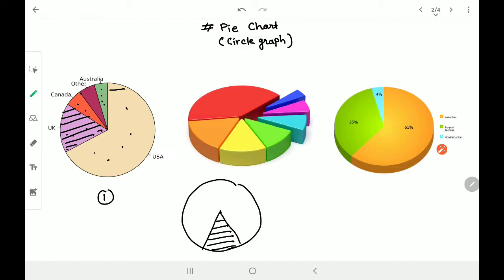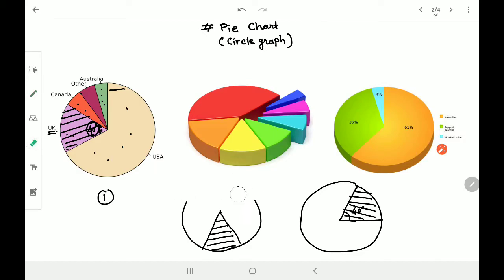A sector of a circle is defined by the angle it makes at the center. Now imagine this angle is 40 degrees. So the sector is defined by that. So how to draw a sector? If I draw a circle and I want to draw the UK sector in it, I'll draw one radius, take a protractor and draw a 40-degree angle here, and draw another radius, and this will become my sector. So this is the way we can easily draw a sector, right?